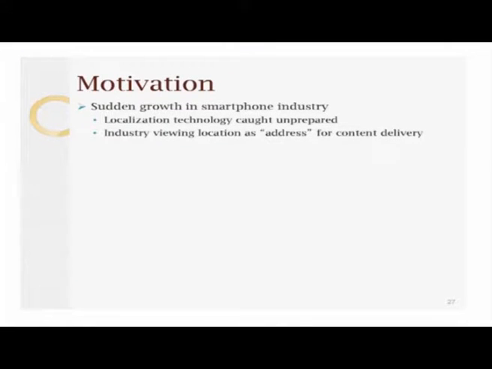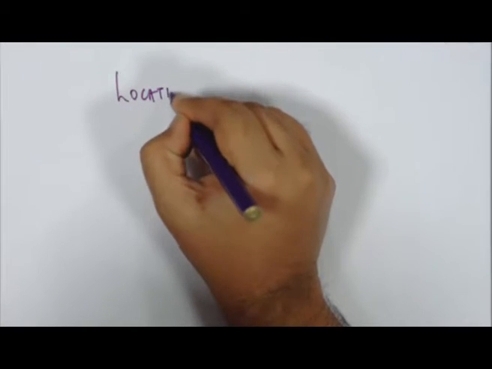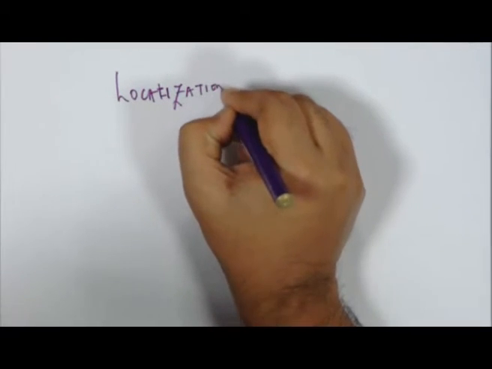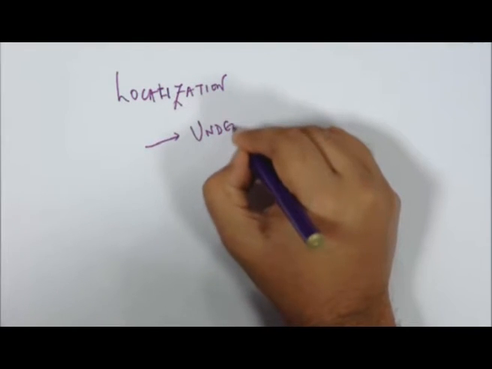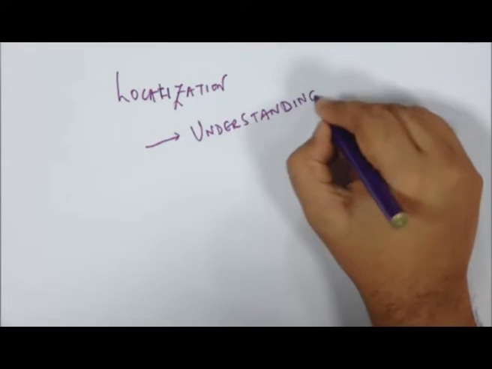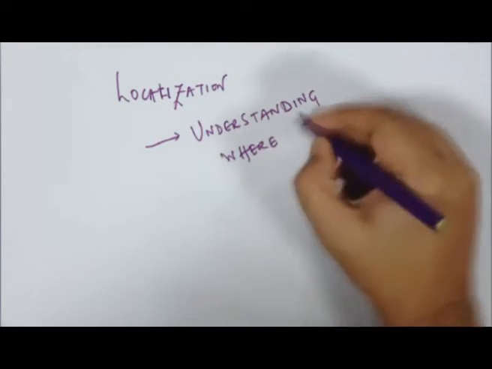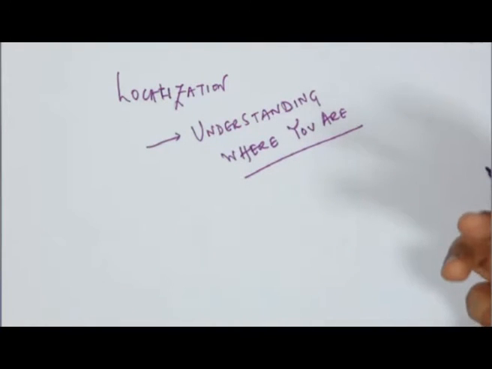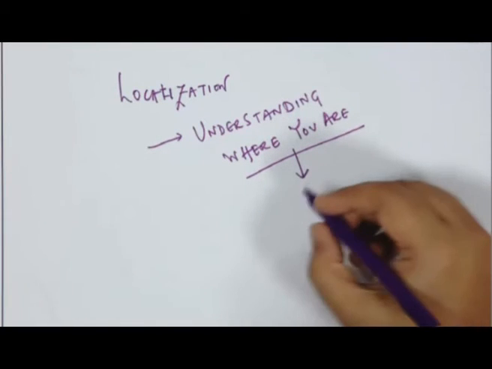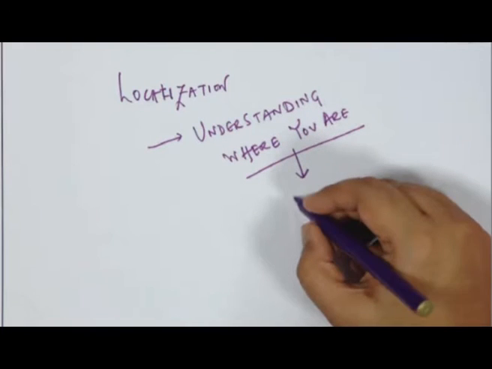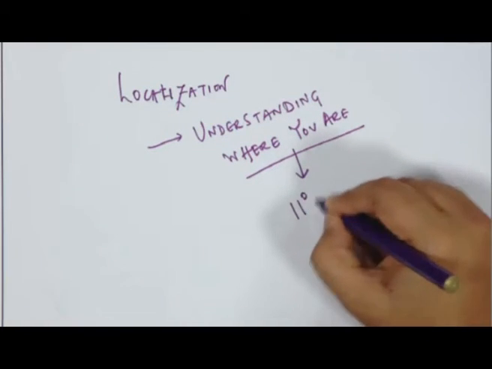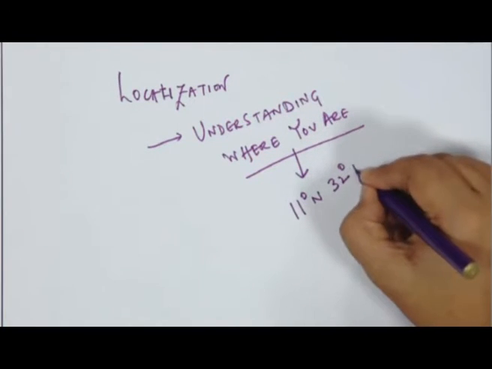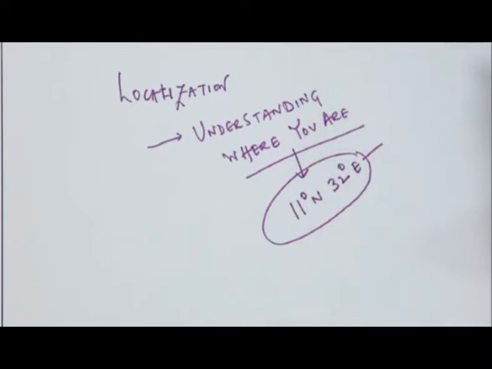So what is localization? Localization is a simple thing: understanding where you are. This seems to be very simple. But say I tell you that in many cases, my location, where I am, is at 11° north and 32° east. If I tell you that, where am I? I am at 11° north and 32° east,